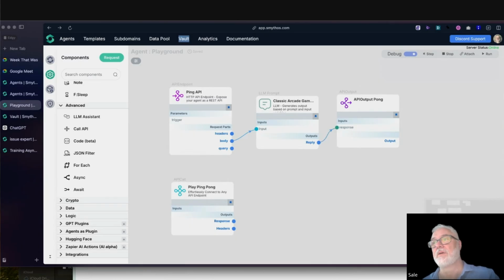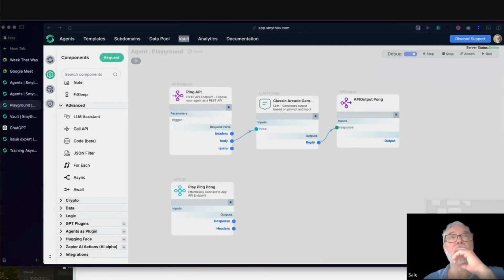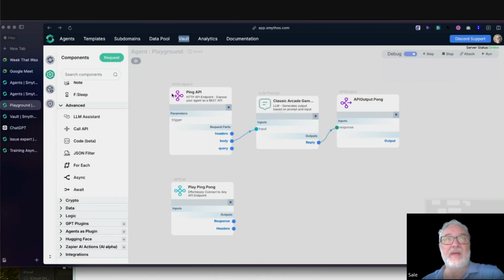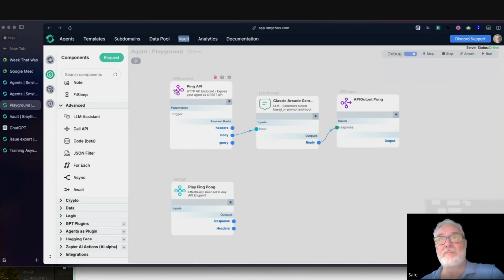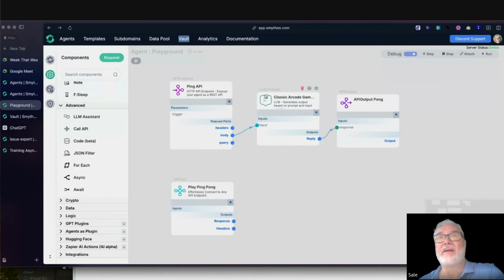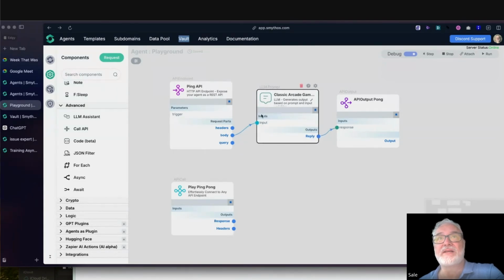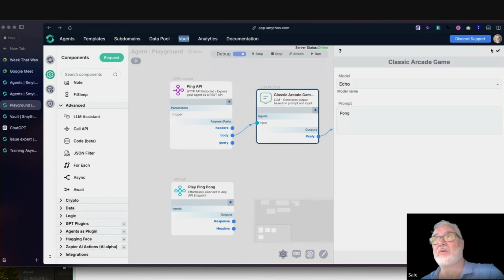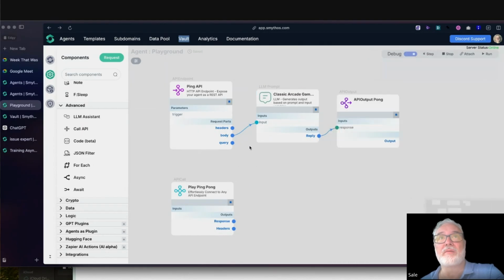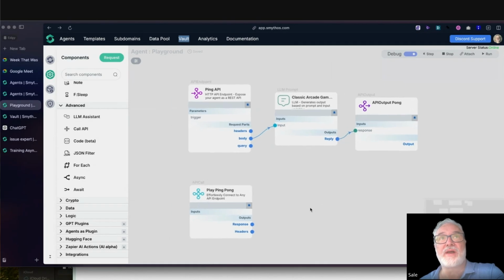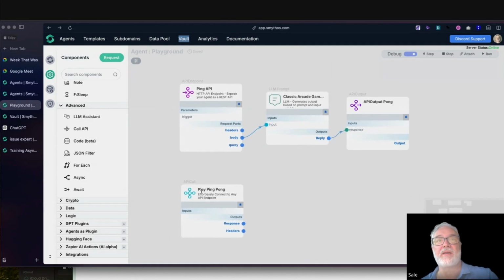Okay, so for authentication, we have here a simple classic arcade game. Ping, or a Pong technically is the name of the game, and it basically takes a ping and outputs a Pong. Not very difficult, right? We're just going to echo Pong every time we get an input, and then push that out. So if we try and run that,